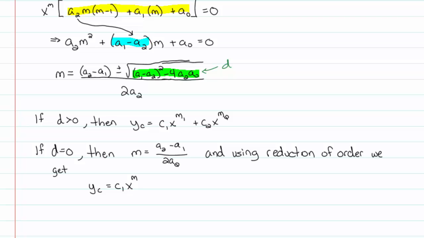So we had one solution where it was c1 x to the m, but the second solution is going to be the natural log of x times x to the m. So in the past, when we've had constant coefficients and we'd have repeated roots, we would tack on, for example, and let me just move over to the side so I can recall with you. So in the past,